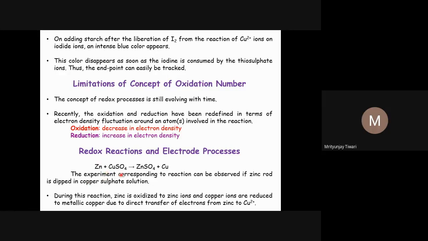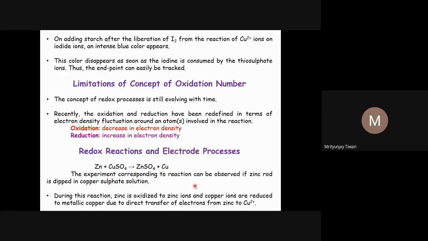So this zinc and this copper sulfate: once you add a zinc rod to the copper sulfate solution, what you see is that the zinc is oxidized and the copper is reduced. Copper reduced means copper gets settled; solid copper is obtained and settles down there. That is called electroplating, sometimes used in electroplating, different kinds of which we'll see in electrochemistry.